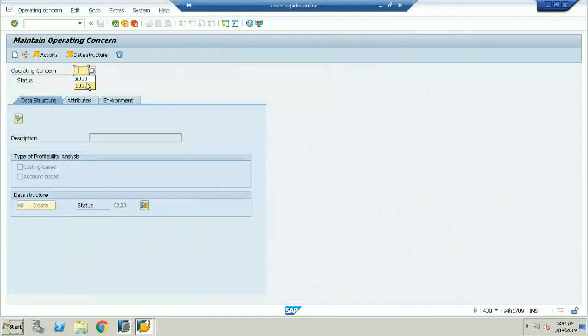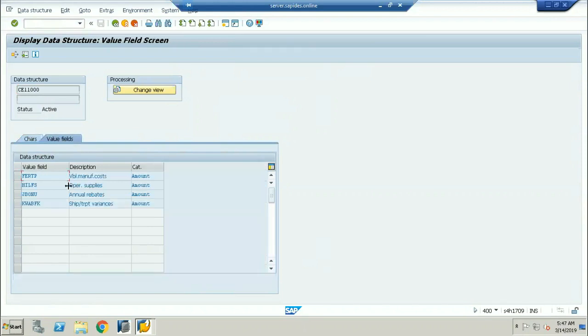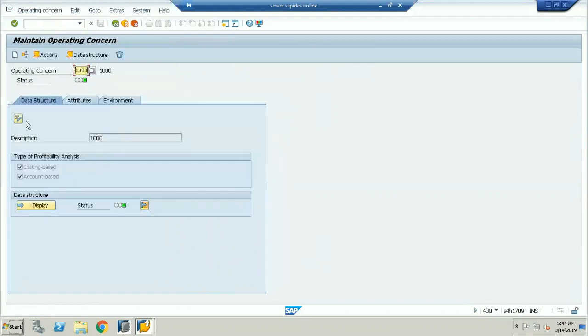So I'm just logging into the 1000. Now I'll go to the display. So here, in the costing based COPA, we have the value fields over here. Now I'm selecting the value fields, and here if I go into the change option, there is an option which is called the change option. So if I click on the change option,